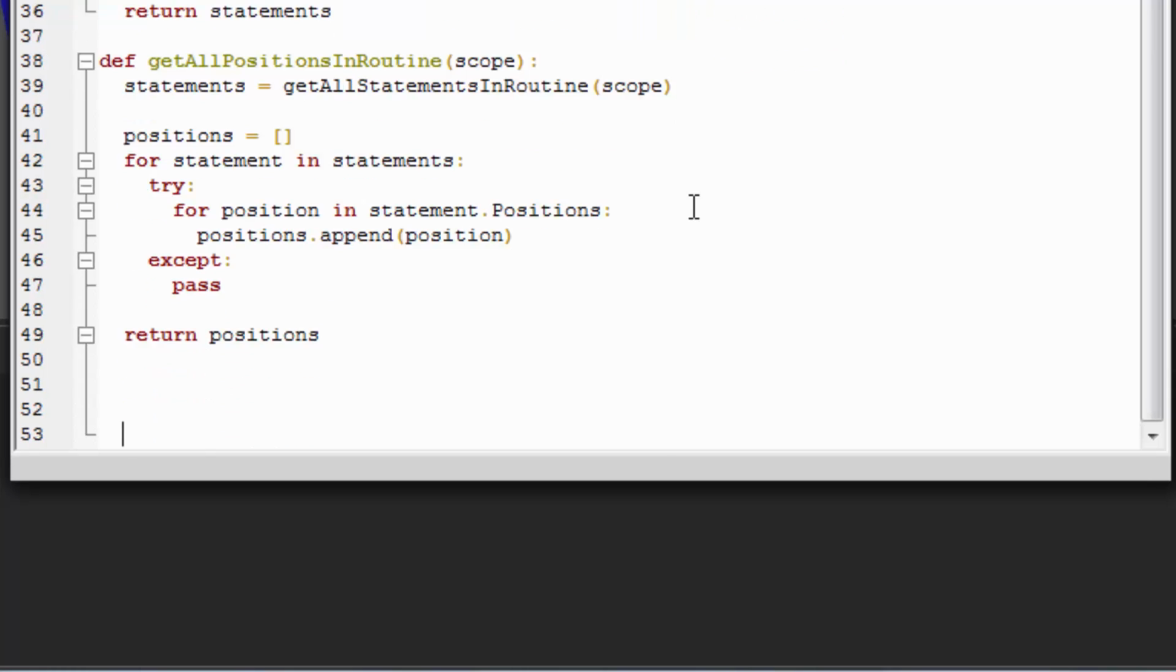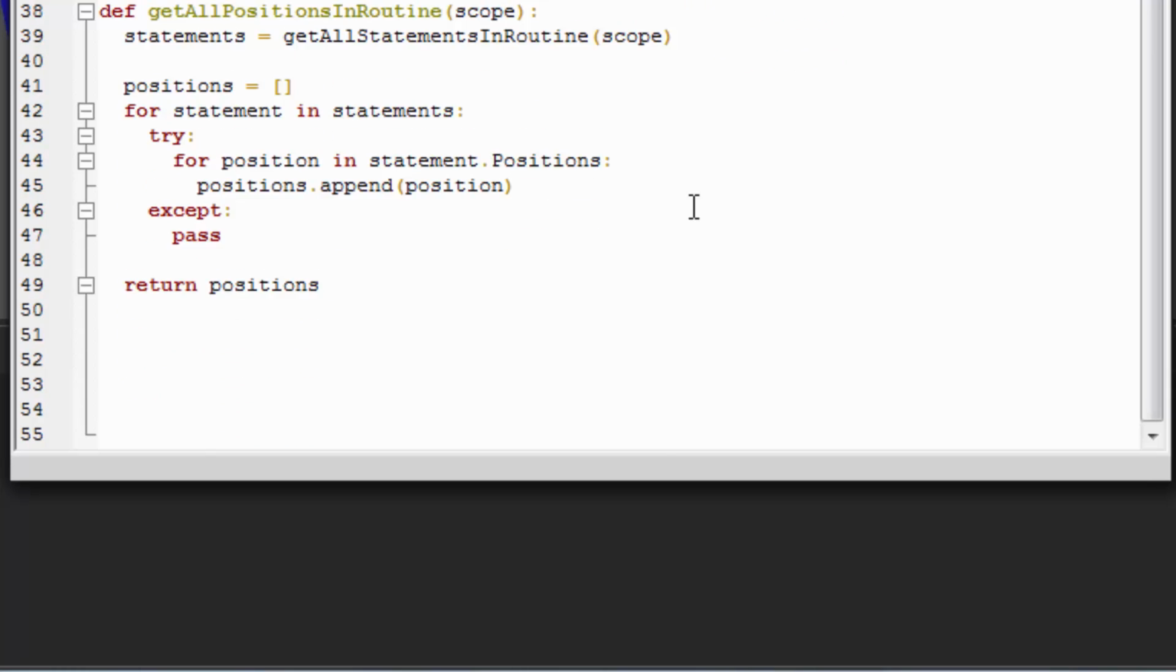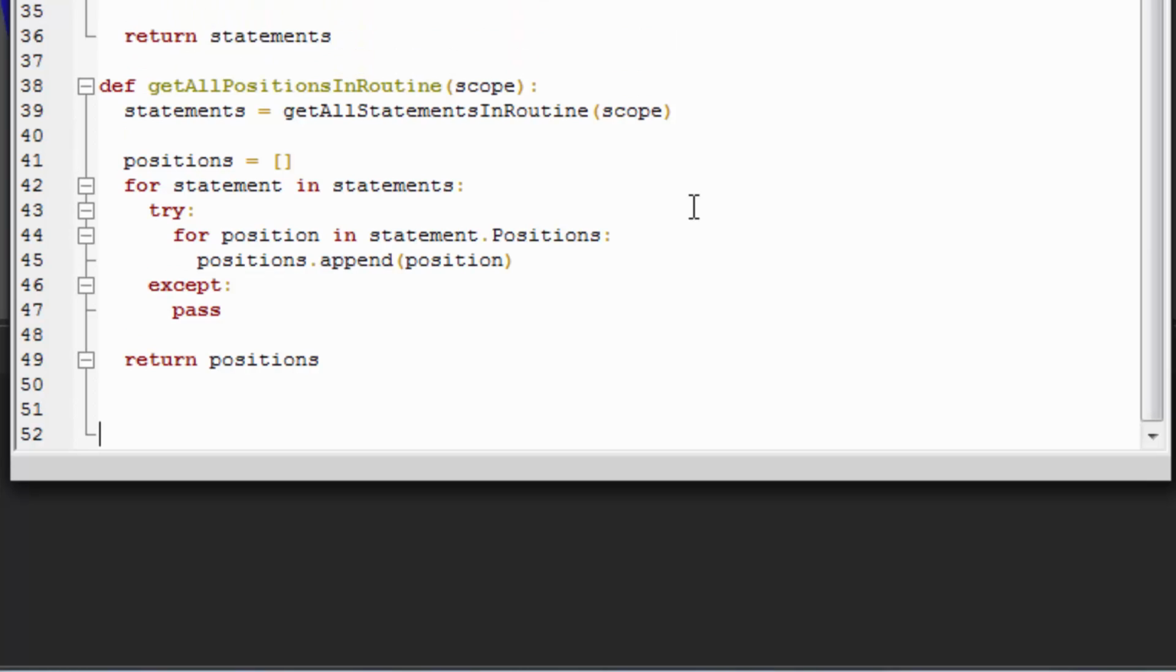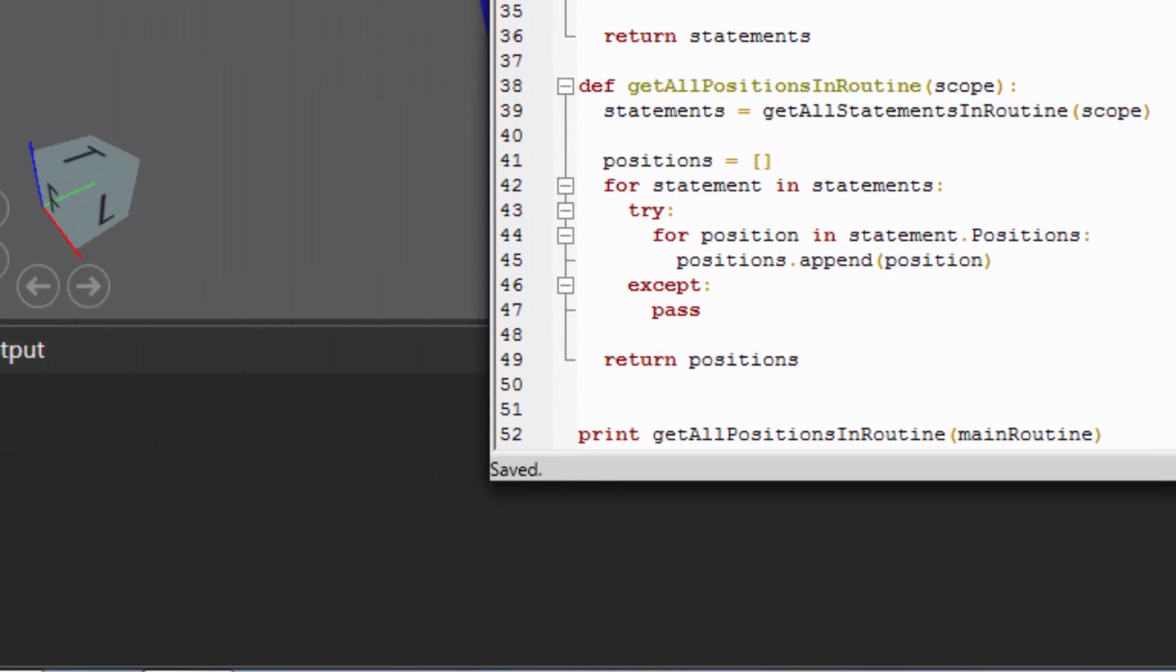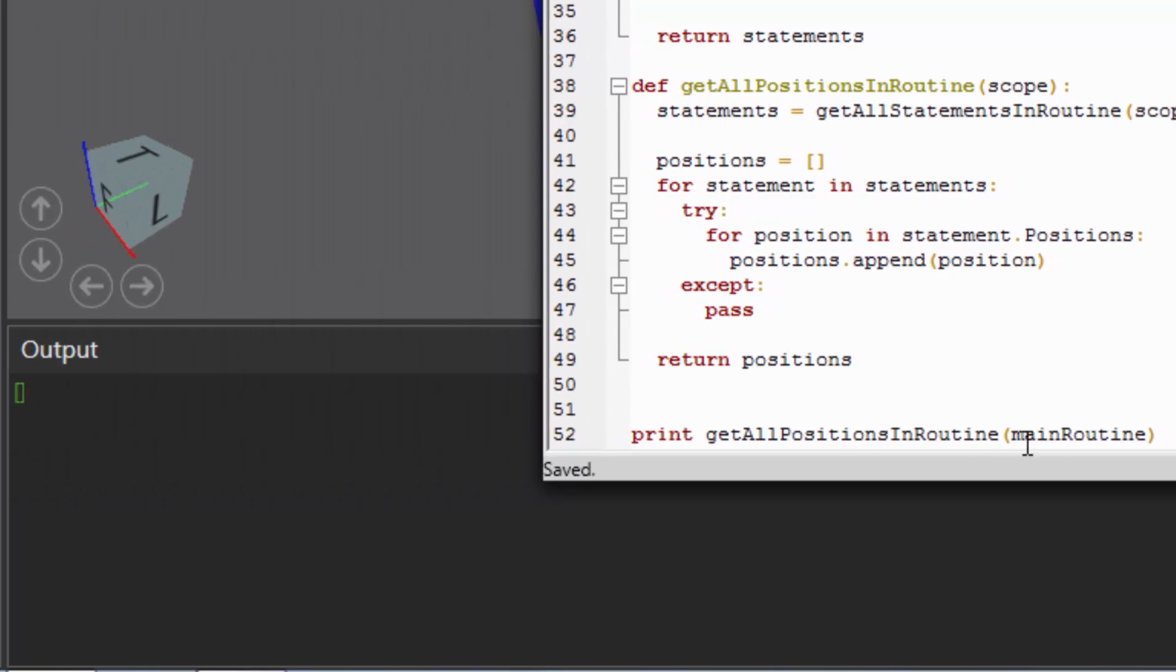So let's see how this works. And I'll create some white space. Let's print out get all positions in routine, and let's give it the main routine of the robot program. And this probably should be empty. And in the output panel, yep, it's an empty list. But for the subroutines, that's different. So let's say